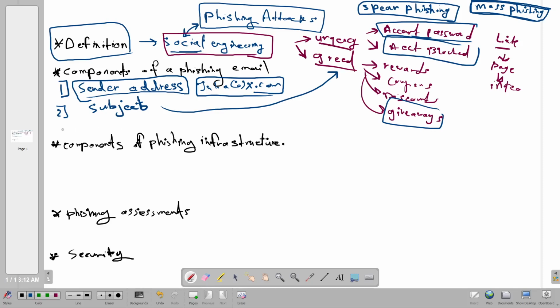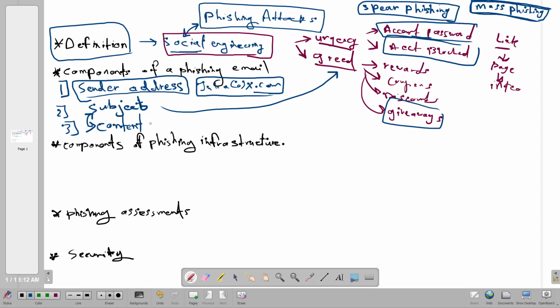The last component here is the content of the phishing email. Now the content should be in tandem with the subject. If your subject is about making the user change their password, the content should outline the steps for the user to take to change their password.